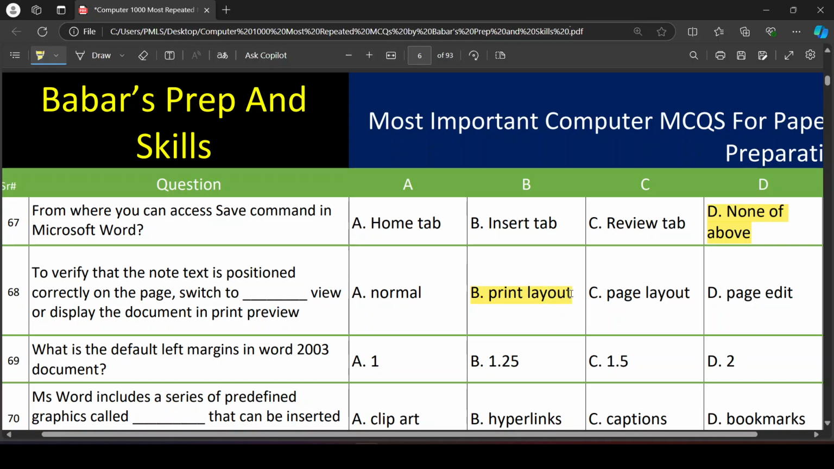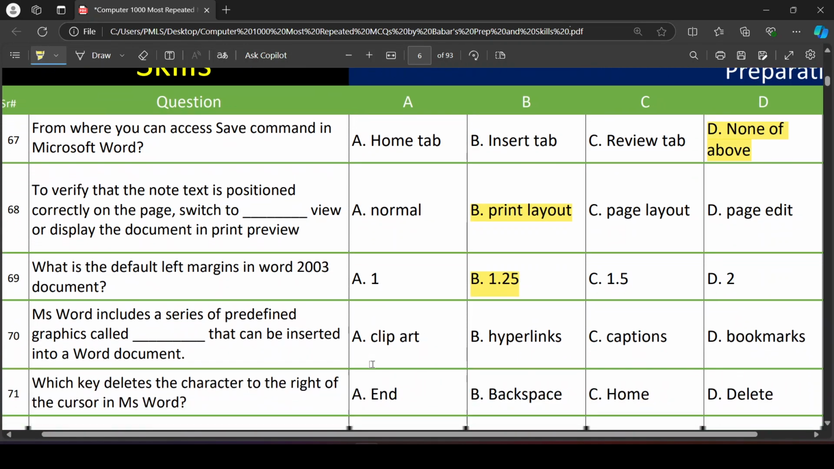MCQ number 69, what is the default left margin in Word 2003 document? Correct option is option B, 1.25. मार्जिन हमारा लेफ्ट और राइट से होता है और टॉप और बॉटम से 1 मार्जिन होता है। MCQ number